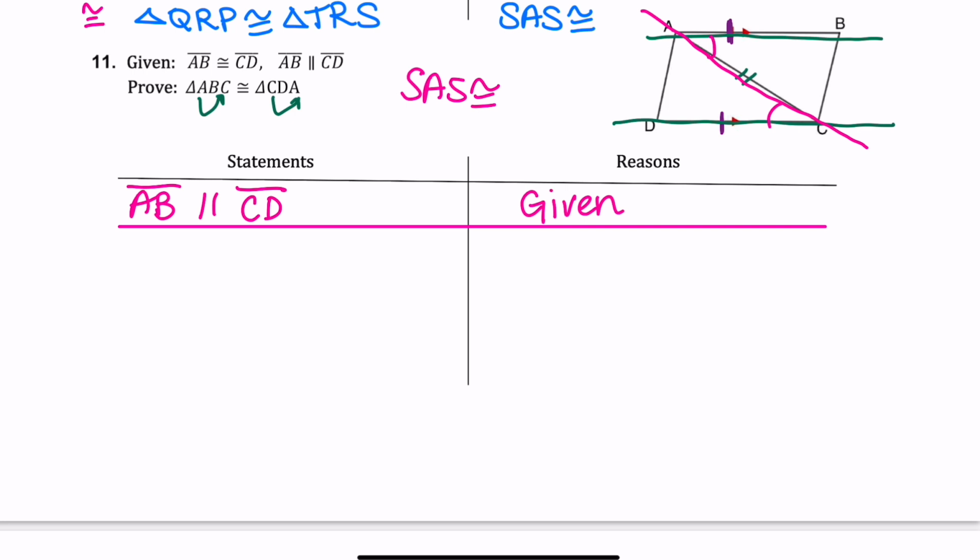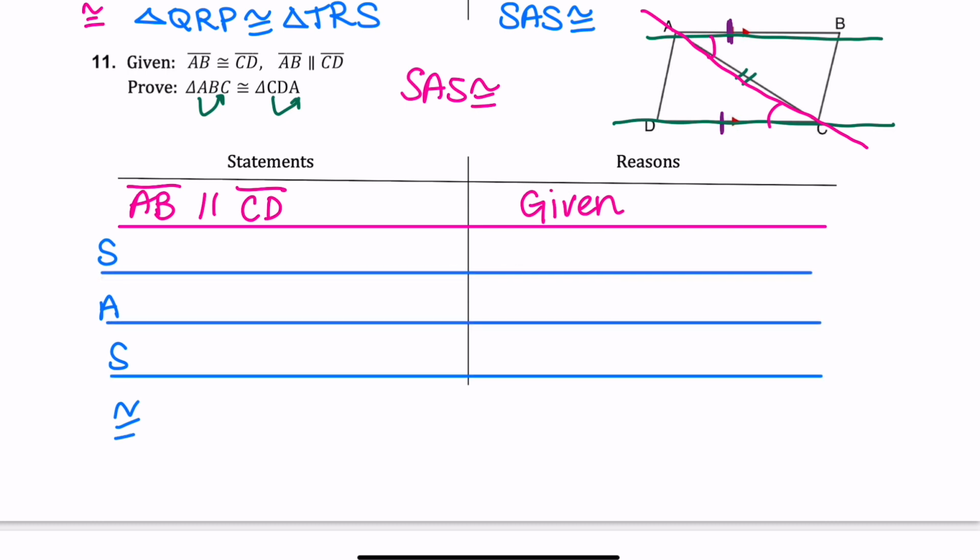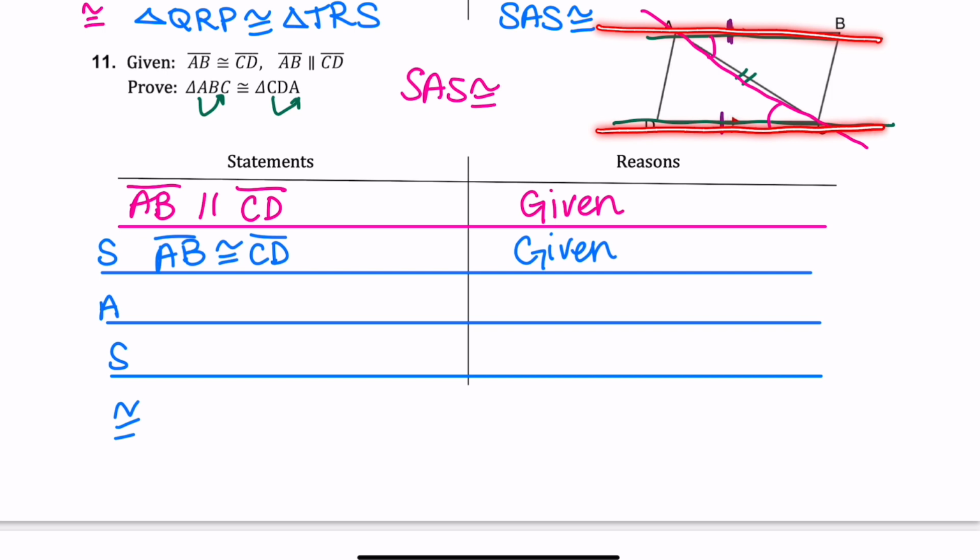Okay, now I'm going to write side, angle, side, and then I'm going to have my congruent statement. So let's start with the given side. AB is congruent to CD, and that is also given. Now for my angle, if these two lines are parallel and we have a transversal, then